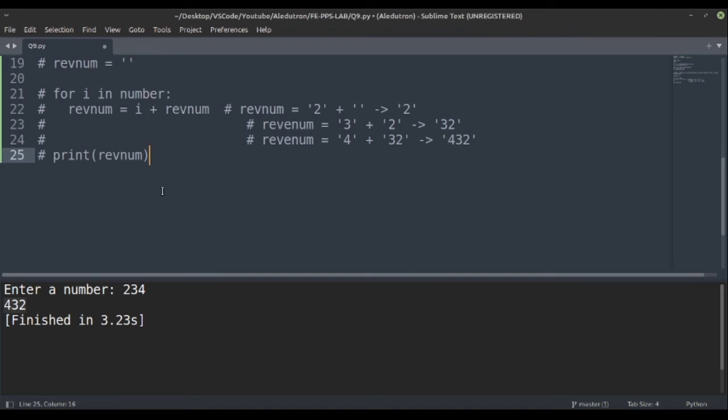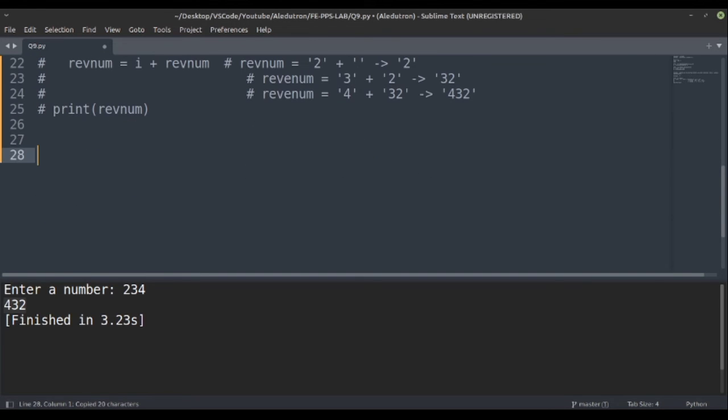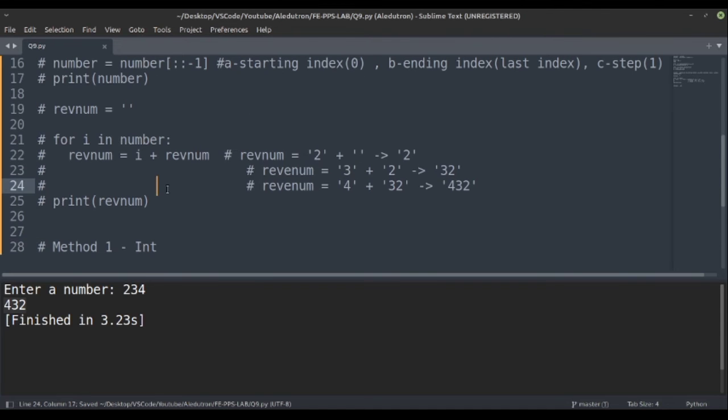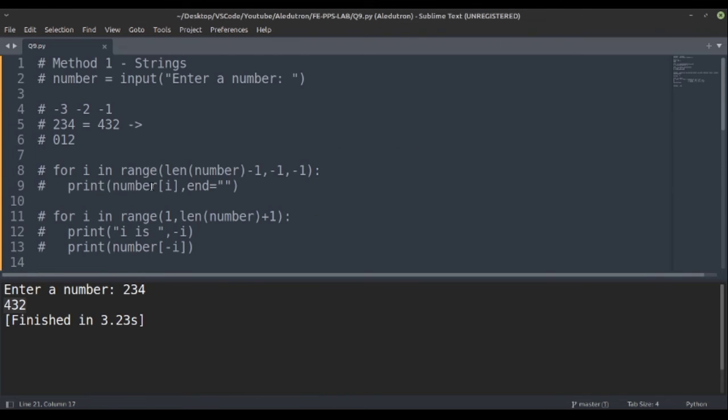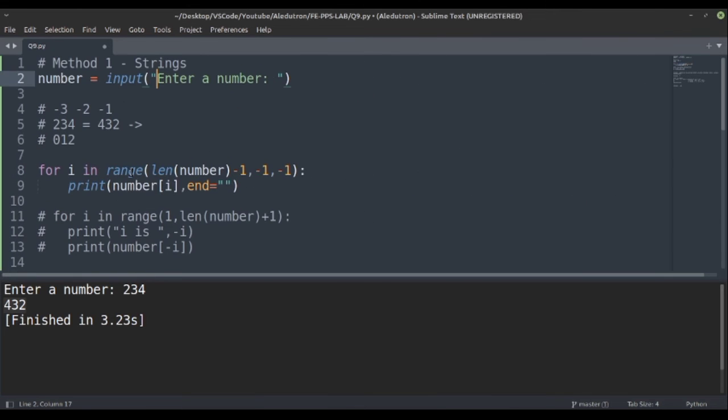Similarly, what we can do now, we would try to work with the number only, integer number only. So why would we need this integer method, as we can do it easily using strings? So basically, if I take any of these string methods, let's take a test case and see. So we will again run this, and I will give the number 0 2 0.